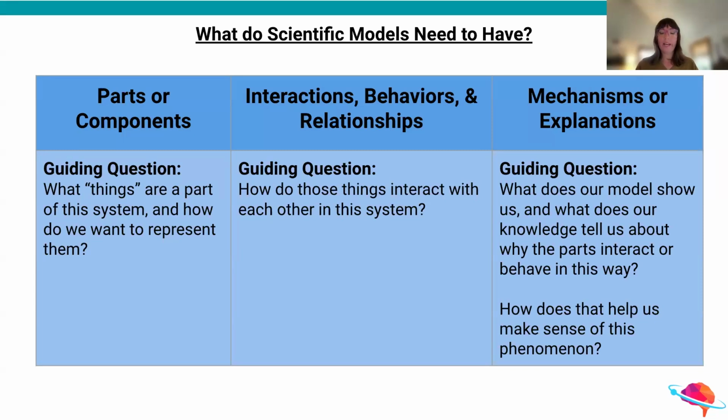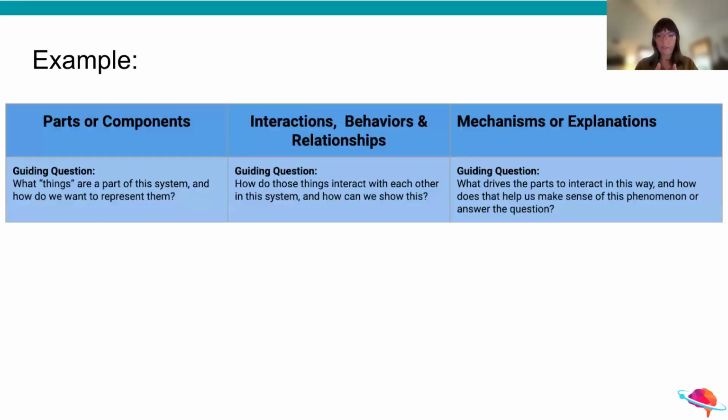Those are the things that models need to do in order to be a really good scientific model. And we're going to look at a series of three questions that we can use to access each of these parts of the model. The questions are on the screen, but we're going to dive into them with our example. So let's get to it. Okay, so